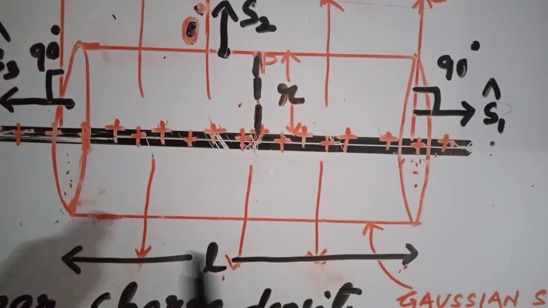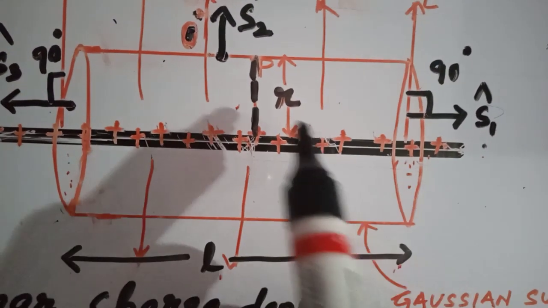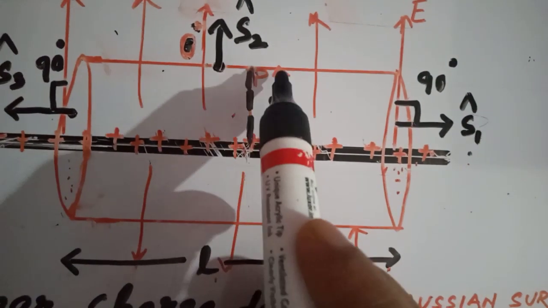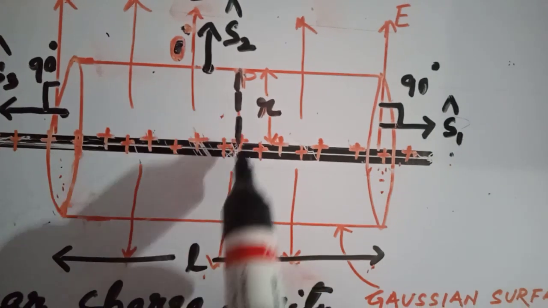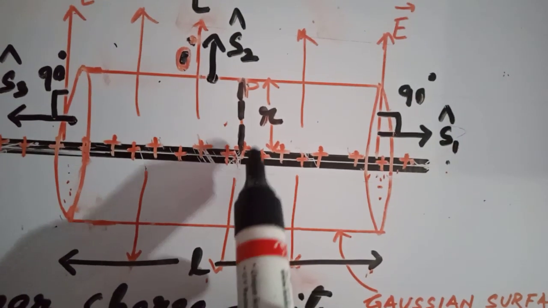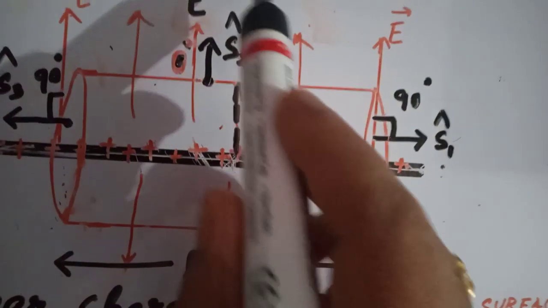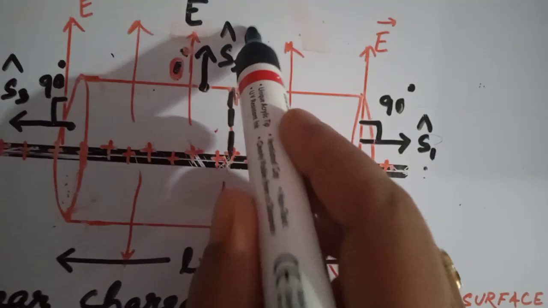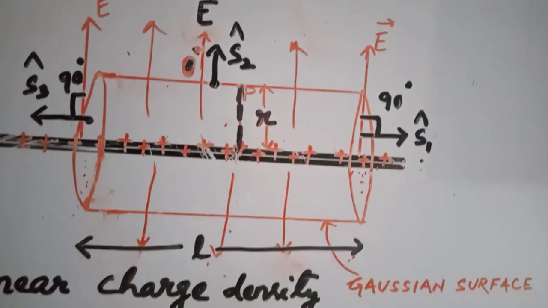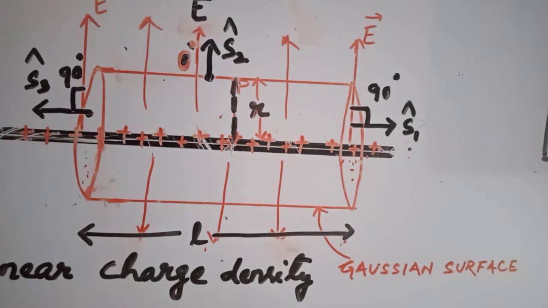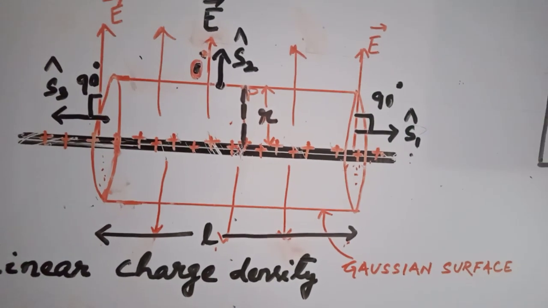The electric field due to this line charge distribution at a distance r is equal to lambda by 2 pi r epsilon naught, and the direction is outwards for the positive charge and inwards for the negative charge. If the distance from the line charge distribution is increased, the electric field strength on both sides decreases. Thus, this is one of the applications of Gauss law to find the electric field due to a line charge distribution.